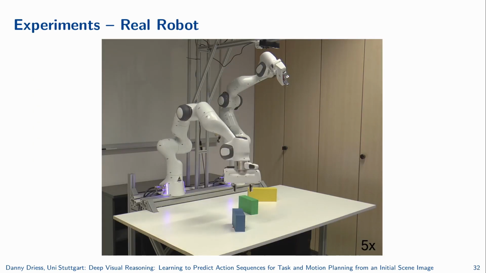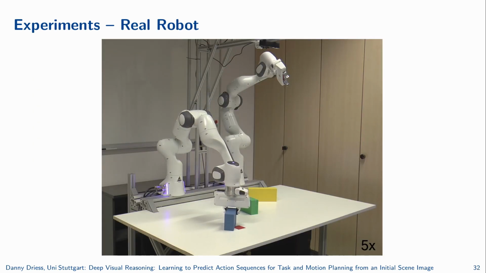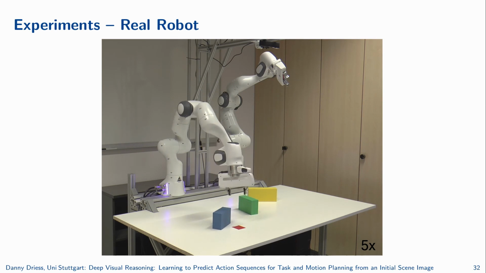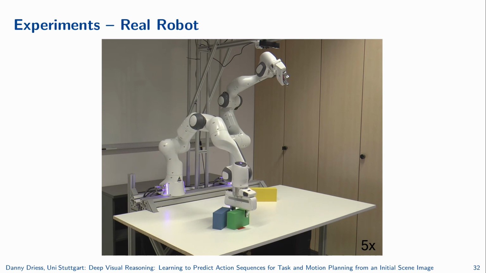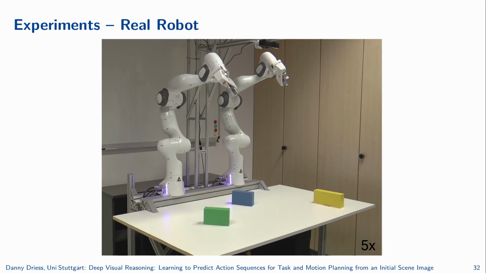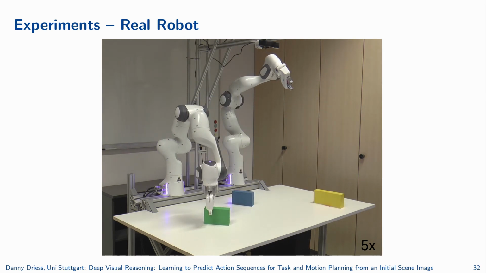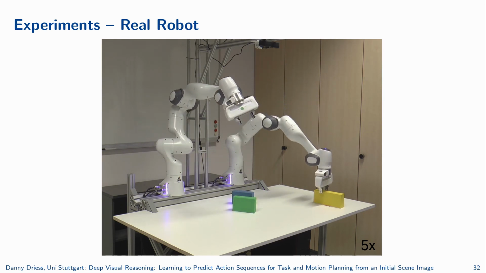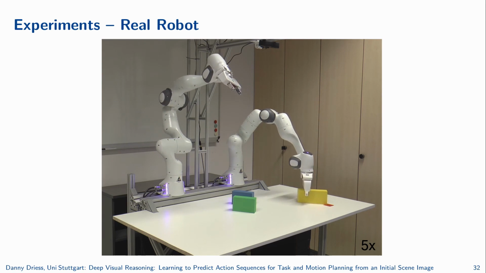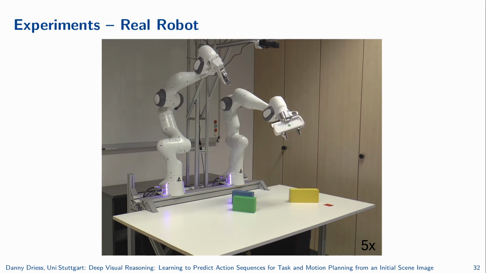We also performed real robot experiments. One has to state here that we still need a perception pipeline to get the shapes of the boxes for the trajectory optimization, which also allowed us to use rendered images, such that we could use the network we have trained in simulation. Also here the network reasons about the geometry of the scene and directly predicts the action sequence required to solve the task, such that no search was necessary.